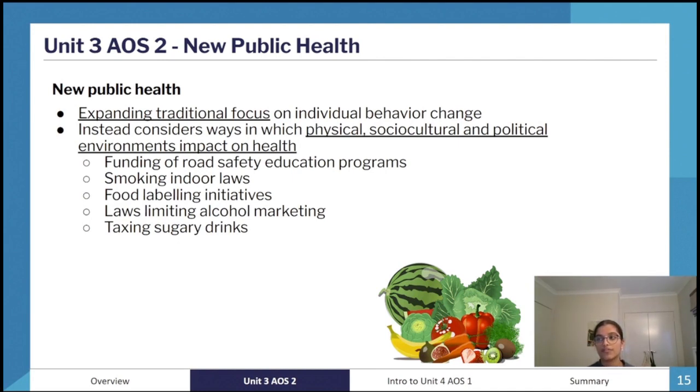This became more of a focus once our infectious diseases got reduced but our non-communicable diseases increased. Once cardiovascular disease, lung cancers and cancers in general started to increase and become leading causes of death, the government said: keep our old public health model in place to reduce infectious diseases, but we're also going to start addressing lifestyle factors through health promotion under this model of new public health. It's really important that you know one or two of these examples so that you can say this is how it's linked to health promotion and new public health.